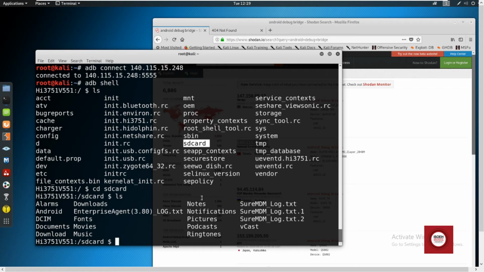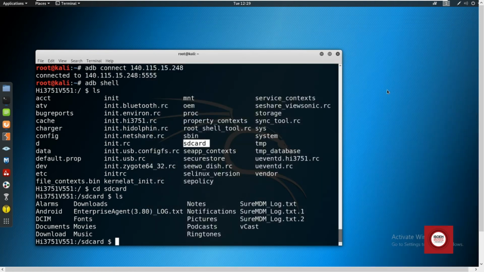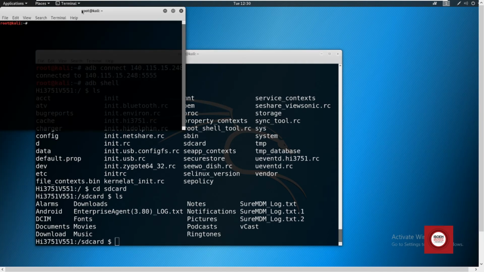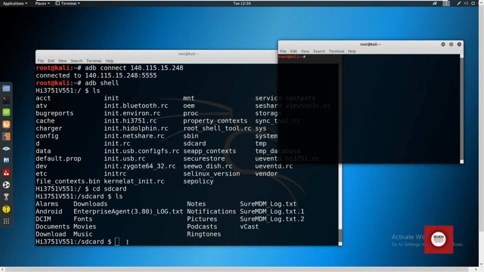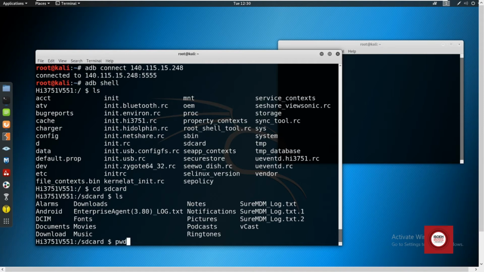ADB has another feature for downloading stuff. Let's suppose you want to download this text file. For downloading that, you have to give a command called pull, and this is an Android shell. From this shell, you cannot give that command. For giving the command, you just have to open a new terminal and check the path.